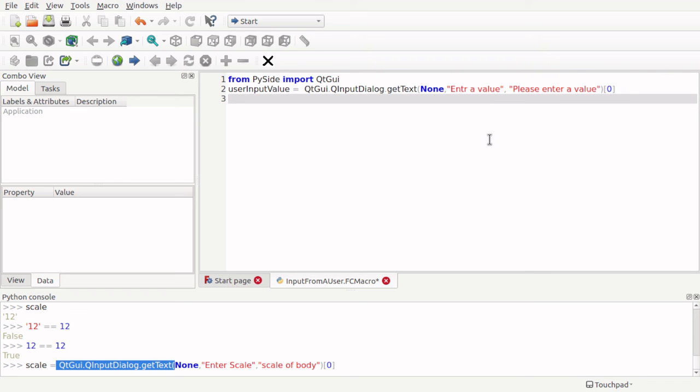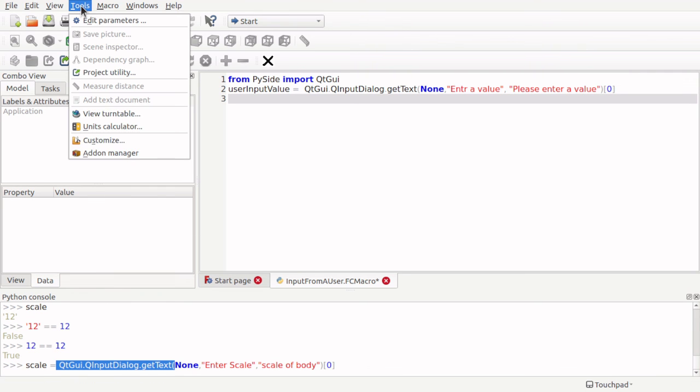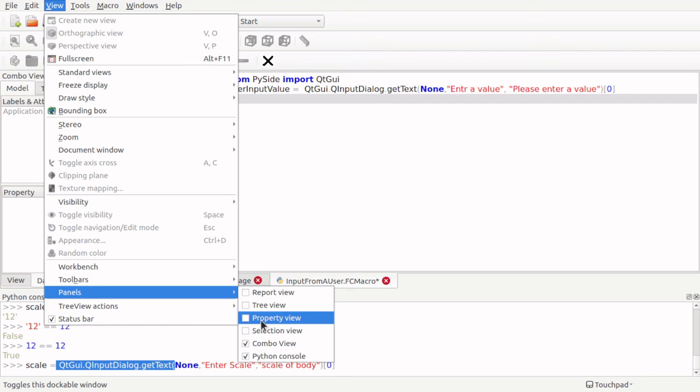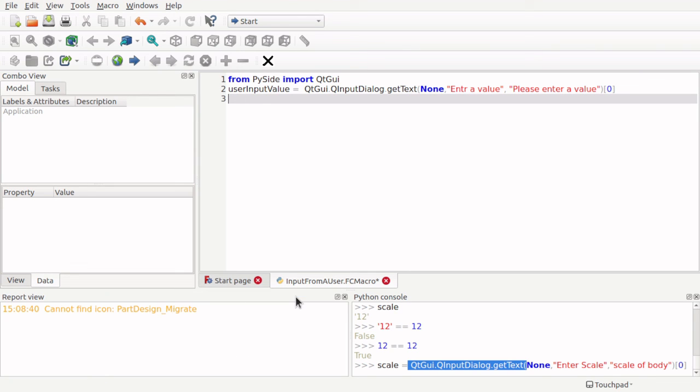And then what I'm going to do is output that to the report view. So we go to View, Panels, Report View. Then we've got this report view over here, so let's clear that down. To access that report view, you can use the command print, but I would steer away from using print, because in programming you can spawn processes on different threads, and I'm not going to go into it for this tutorial, but if using print it can get lost. So we need to use FreeCAD's command of